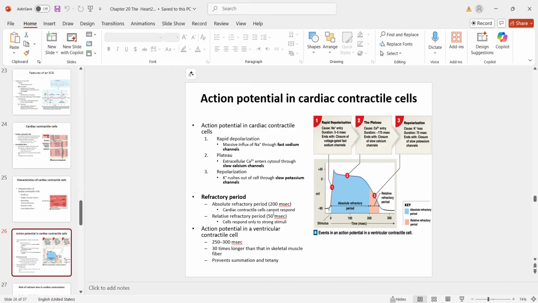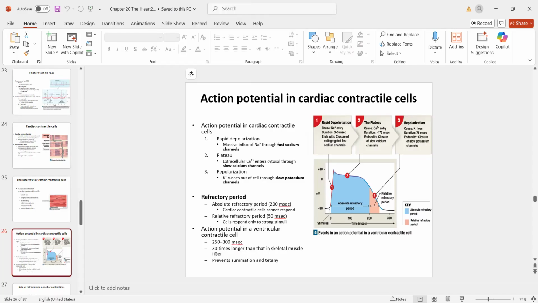The refractory period: the membrane of the cardiac contractile cells will not respond normally to a second stimulus for some time after an action potential begins. This time is called the refractory period. The ventricular contractile cells cannot respond. The absolute refractory period lasts approximately 200 milliseconds, and is followed by a shorter